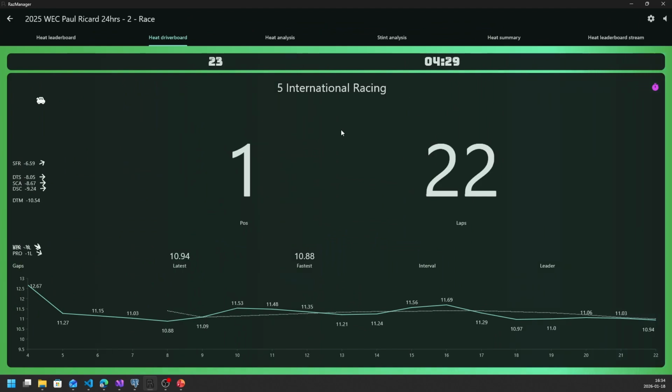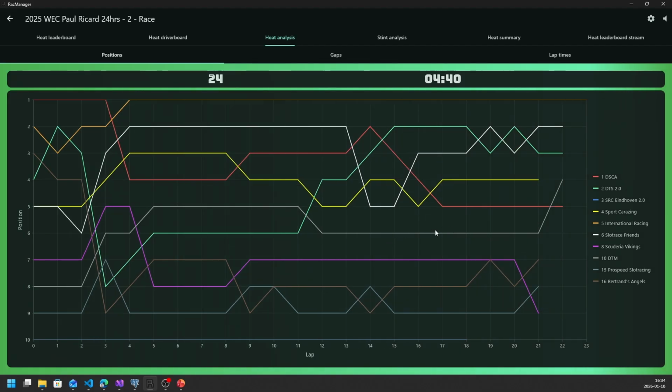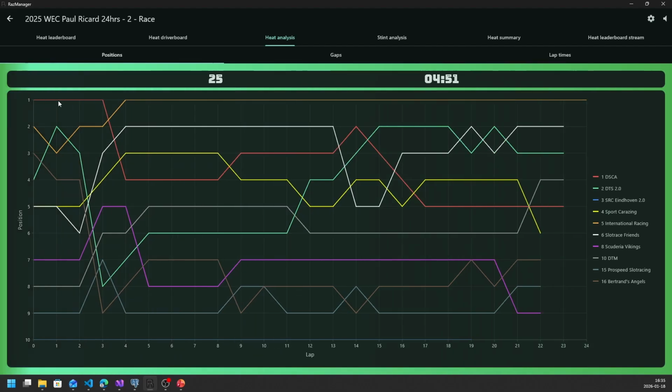Okay, we have some more information here. We may want to analyze the positions, so they will be updated as the race continues and unfolds. We can see, for example, here, yeah, International Racing, yeah, they started second, dropped down, then got in the lead. DSCA, yeah, they started in the lead, got down to fourth, then a little bit back and forth, and then probably go a little bit better later on in the race. And